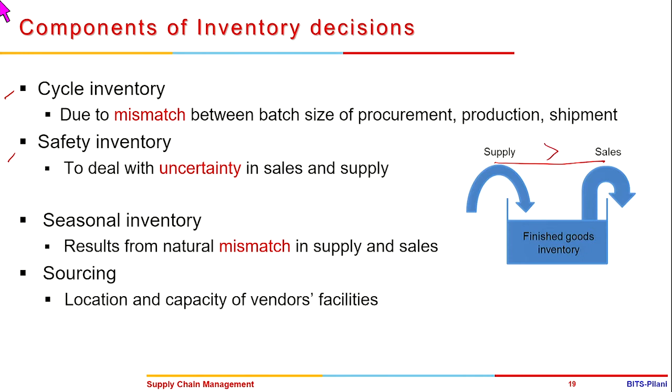Either it is greater, then it builds up, and if it is less, then it comes down, and if it is equal, then inventory does not change. The rate at which a company buys material and the rate at which it sells it does not match. Let us look at a roadside